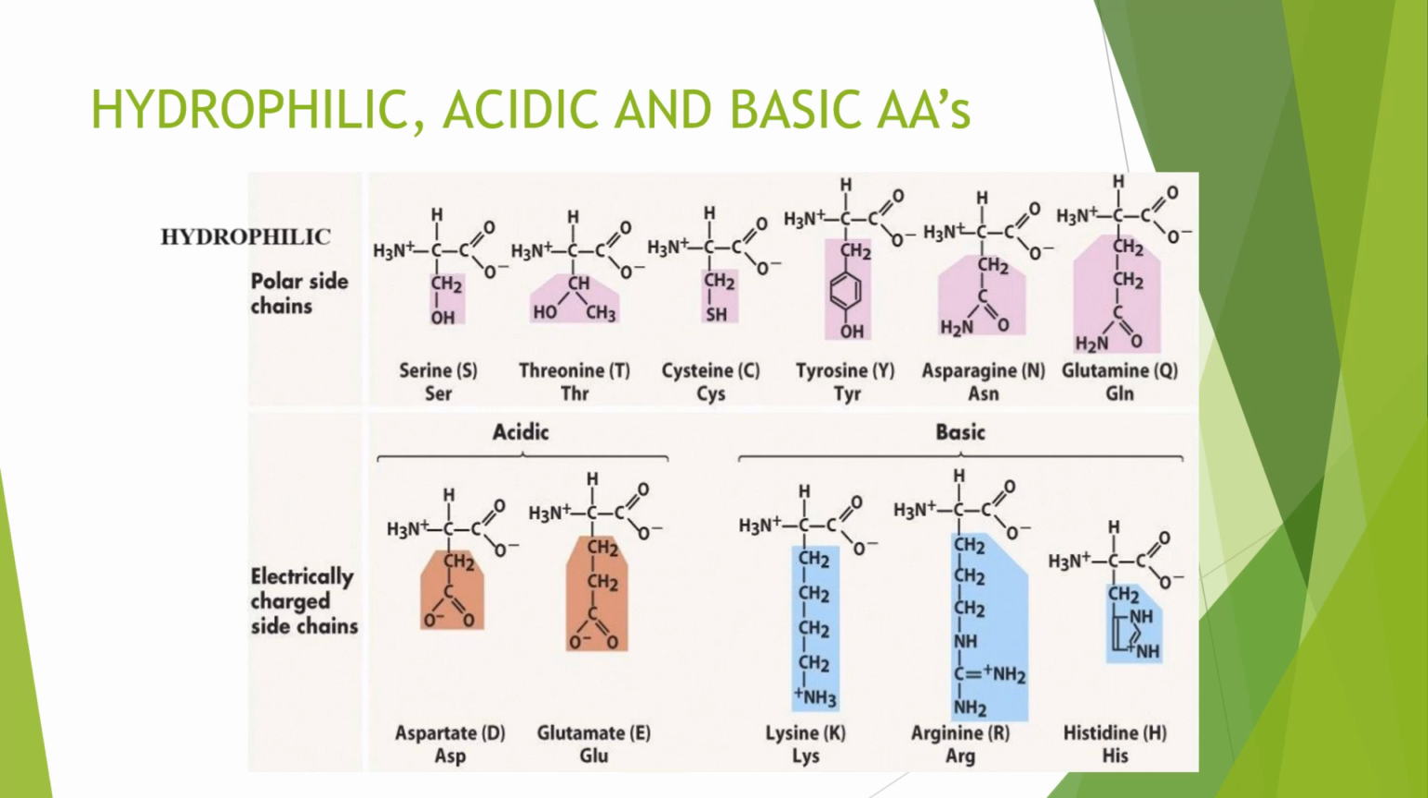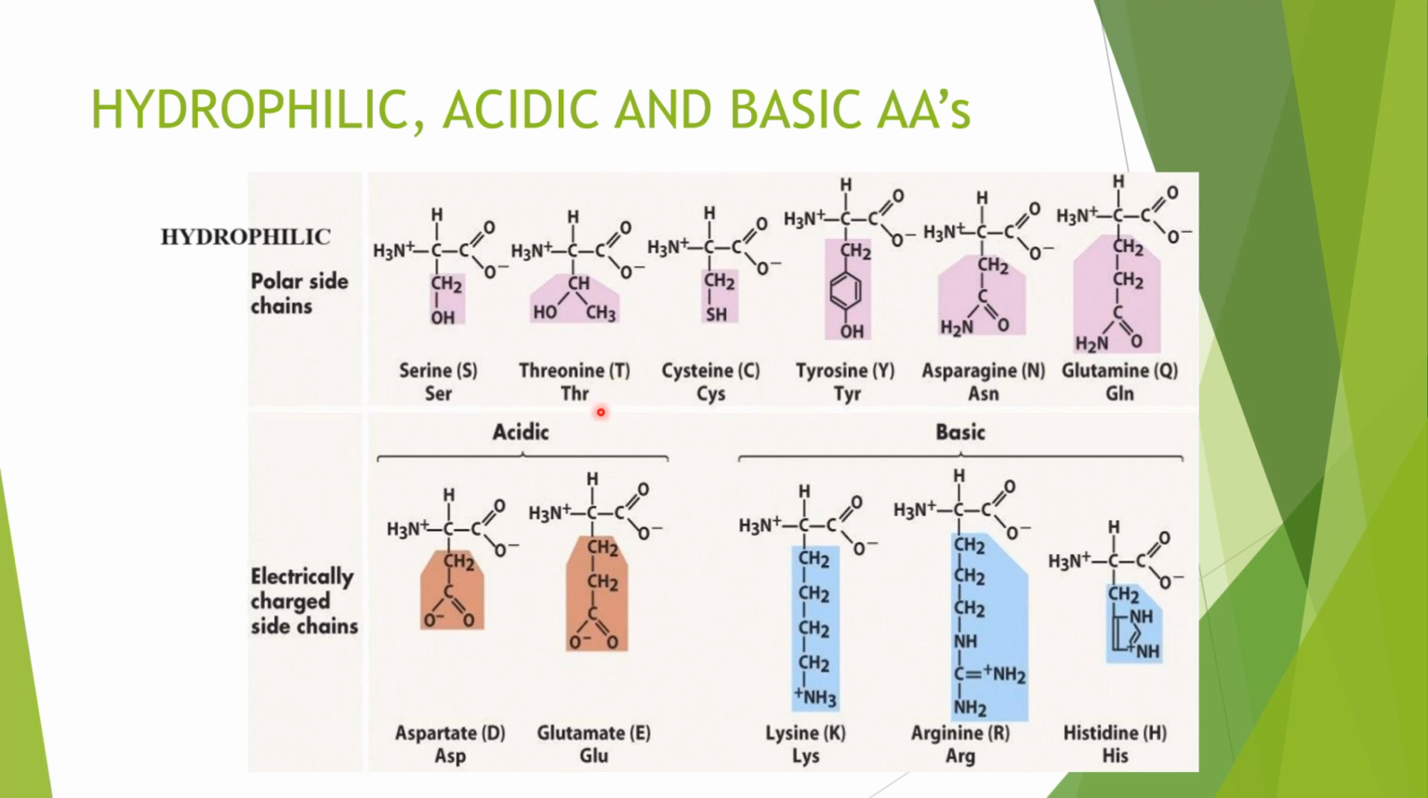Next, let us see the hydrophilic, acidic and basic amino acids. Under hydrophilic amino acids containing polar side chains, we have serine, which is a hydroxy group containing amino acid. Serine and threonine are the examples of hydroxy amino acids. This is serine, represented by capital S or SER. This is threonine,